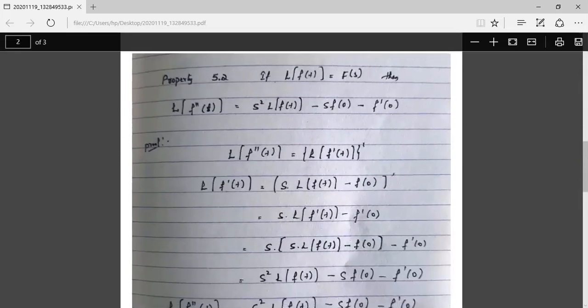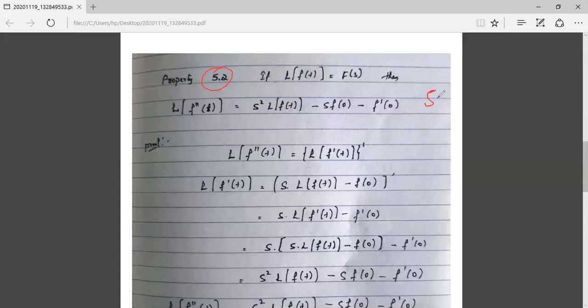Okay, I will go for your next property, that is 5.2. In 5.1 we studied the single derivative. In 5.2 we study the double derivative. This statement is the same: if the Laplace transformation of f of t is equal to F of s, then